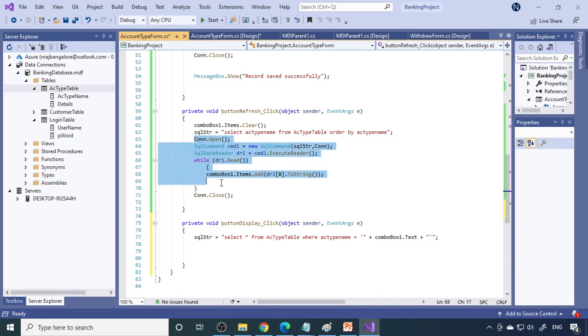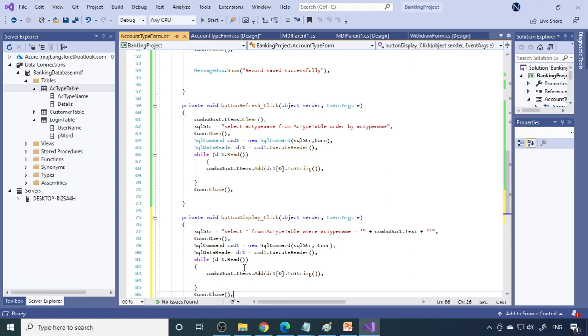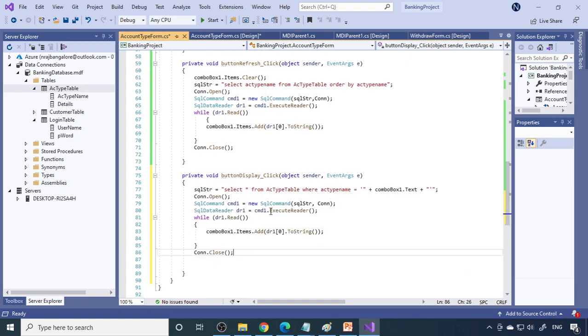Right, so I think it'll do the job. So I can copy this, I can paste it again, because we need to execute this. Here while is not required, if is enough because it'll return only one record. Therefore you can write if. Right, now this is not required. So instead of that, we have to write text box 1 dot text is equal to dr1 of 0 dot to string.